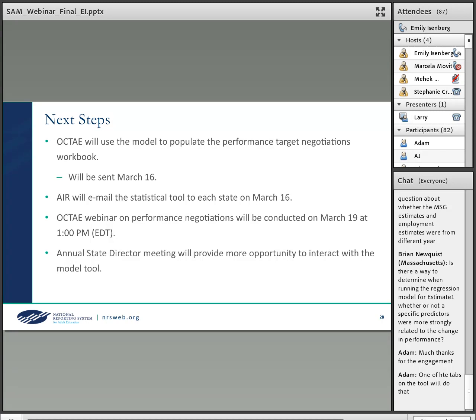So the model with our current predictors and the unobserved state factor yields predictions that are pretty close to what is reported. Right now the predictions are based on reported outcomes for the same year that is used to calculate the model. So we'll have to do some checks when we try using the model with data that wasn't used to calculate the model, which would be the case with program year 2021 data. But our current predictions are really quite close to the reported values.